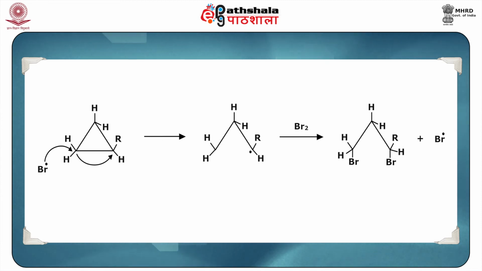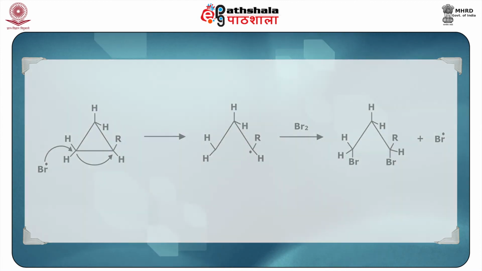In this mechanism, initially the Br free radical is formed with the help of UV light and bromine. This Br dot will attack the least hindered carbon to yield the most stable free radical, and this free radical will take another Br dot from another bromine molecule, and another Br dot will be generated and you get this addition product. This Br dot in turn will attack more and more cyclopropane molecules. So, as you are already familiar with chain initiation, propagation and termination, similarly here also that can be envisaged.